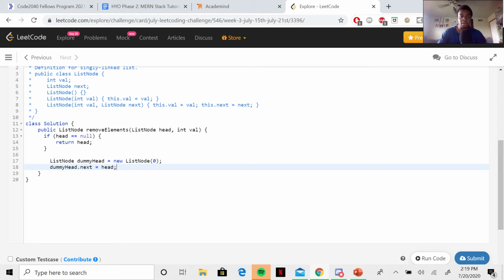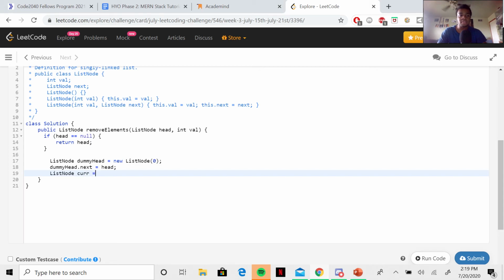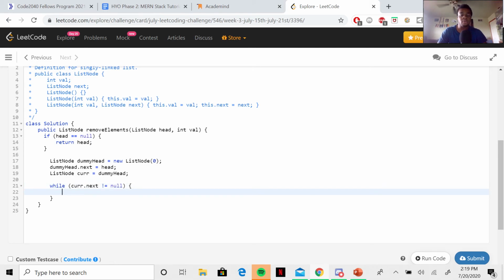And the reason we're doing this is because we actually want to have a way of traversing the list they're giving us. And so we also need some node that is going to traverse the entire list. So we're going to introduce another node called current and set that equal to dummy head. And now that dummy head.next is equal to the head they're giving us, we can traverse the entire list with no issues. So while we still have nodes to look at, aka while current.next is not null,